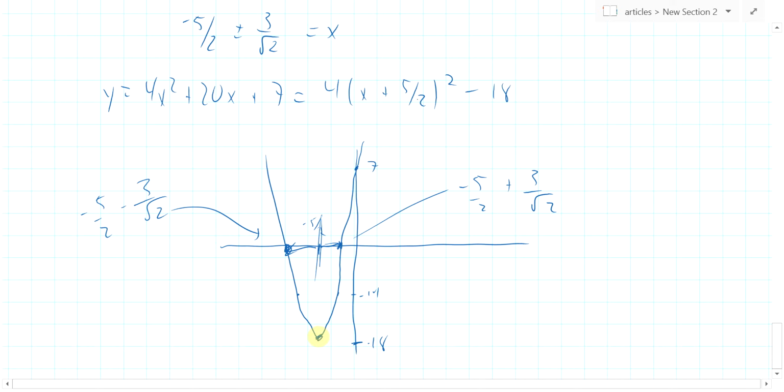So completing the square, it's a bit of an algorithm, a couple of steps there, but it's not too hard to do once you've done a couple of them. The biggest thing to remember is that when you have a coefficient that's not